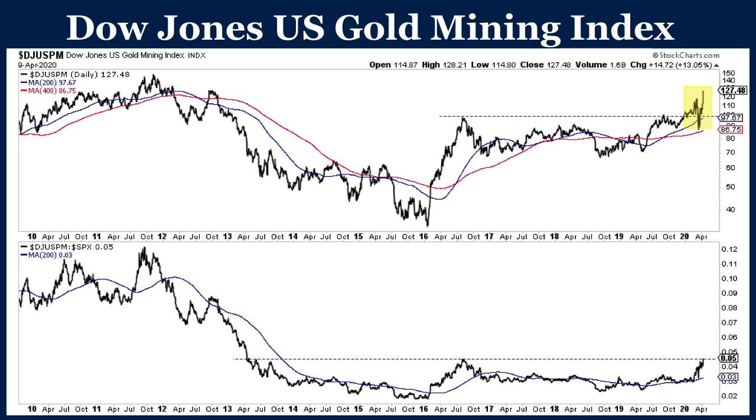This is something that I talked about this week in a public interview and a premium update. In the last couple of days, this is something that I was going to be watching: the Dow Jones U.S. Gold Mining Index. I've tried to find info on this index. It has 25 companies in it, but I believe that Barrick and Newmont and Franco-Nevada are, I think it's a cap-weighted index. I mean, it has to be. I think those three stocks, especially Barrick and Newmont, are a huge percentage of this index. And this chart looks similar to Barrick and Newmont and Franco if it was just those three companies. And Agnico is in there, and there might be a couple others. But anyway,